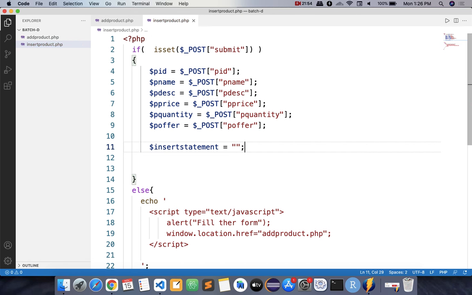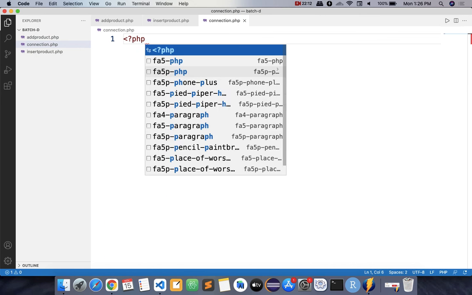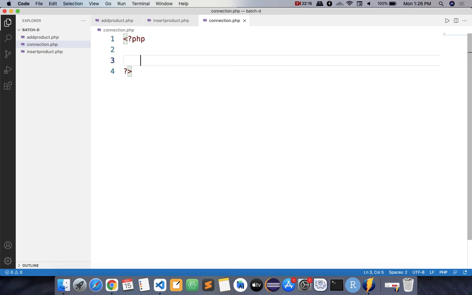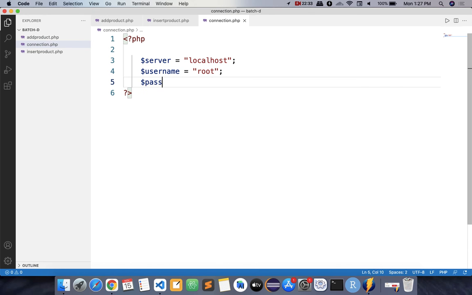But before we insert this data into the database, first of all our code should be connected with the database. So you need a connection file, or you need to create a manual connection. Instead of writing that code here, I'll create a separate file so that it can be used later on also. I'll create one file named connection.php, and in this file we want to create a connection with the database which we have created with the panel. So the very first thing is you need to mention your server. This is a normal variable $server, and the server name is localhost because we are working on the local server. Then username. By default username is root, and $password, by default the password is blank without space.